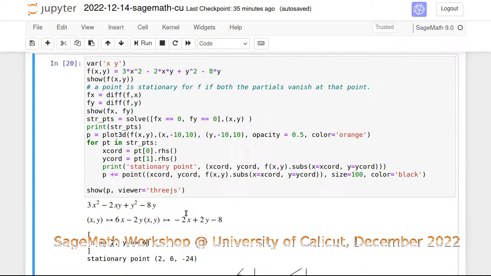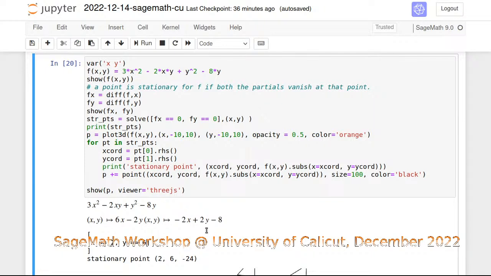fx, fxx, which is the second derivative with respect to x, and fyy, the second derivative with respect to y. So fxx(x0, y0) times fyy(x0, y0) minus fxy squared at (x0, y0). If that is